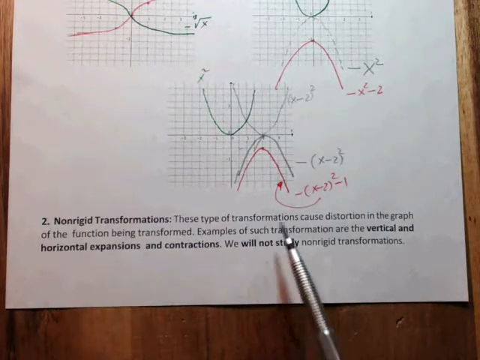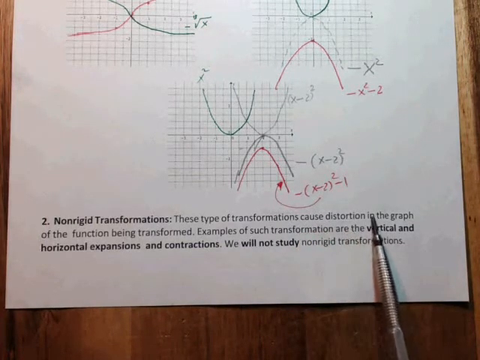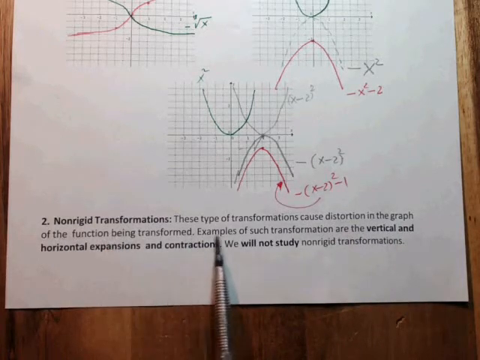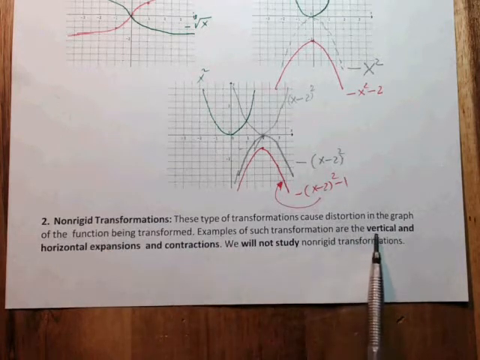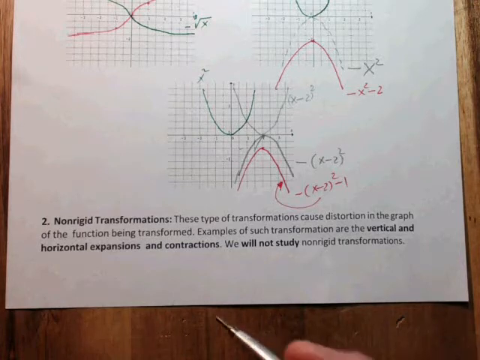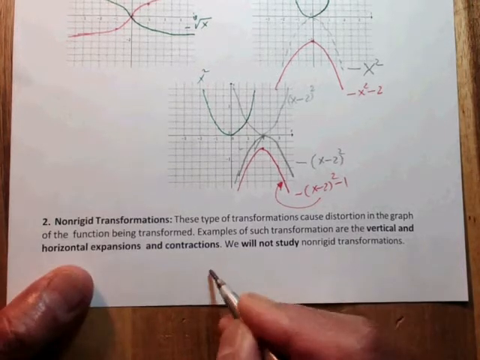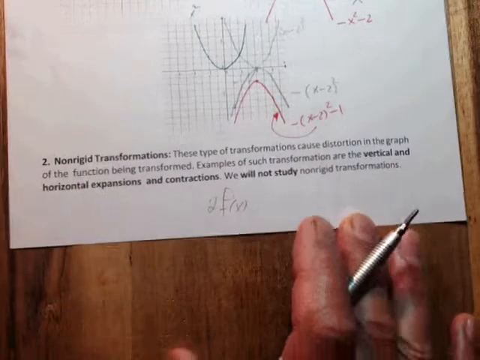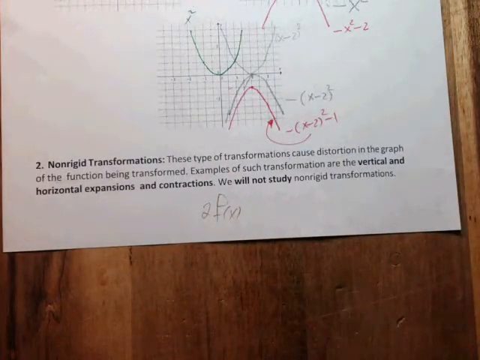This type of transformation causes distortion in the graph of the function. Examples of such transformations are vertical and horizontal expansion. For example, when you multiply a function by a number, if I say 2 times f of x, then in this case